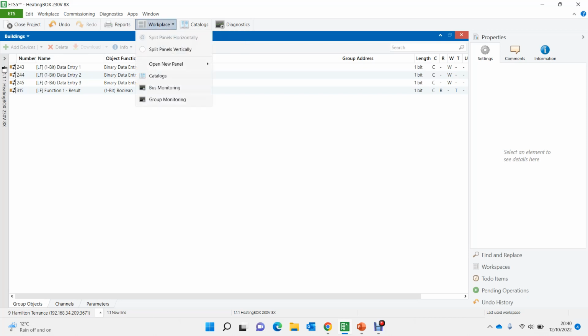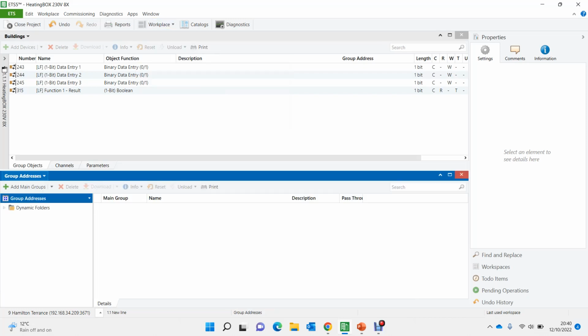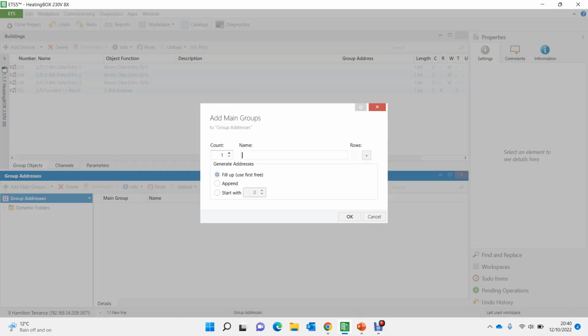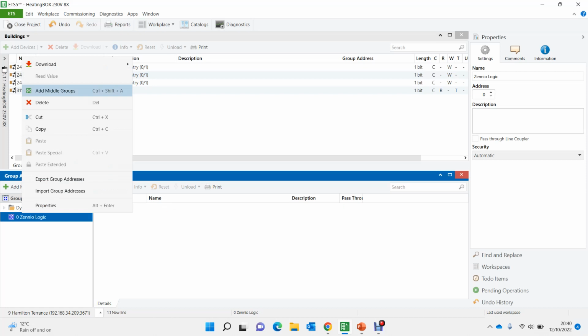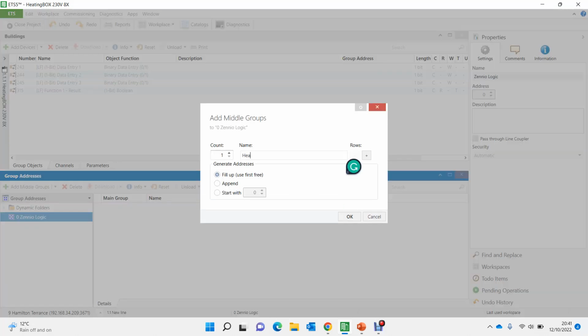I'll have to create group addresses now. So I'll just create Zennio Logic, and here I'll create... Actually, I'm doing heating logic, so I'll just name it heating logic. Underfloor heating. Underfloor heating, and then if I press OK,